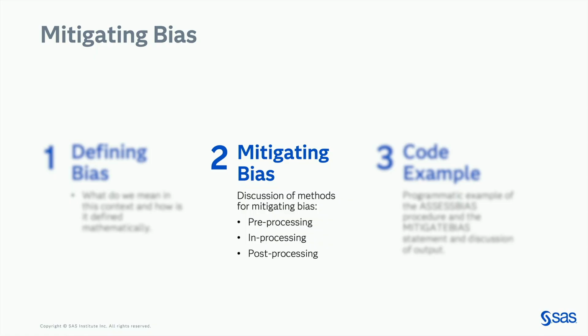So let's talk about mitigating bias a bit. So we've talked about the definitions. We've got 5 definitions we're looking at. Maybe we have one that we want to select. We say, okay, I've trained a model. I realize there's some bias there. I want to mitigate. What can I do?